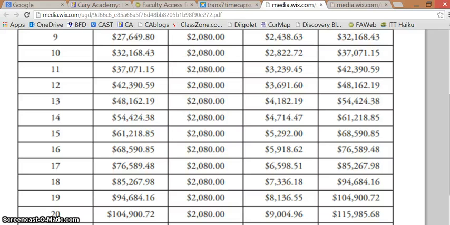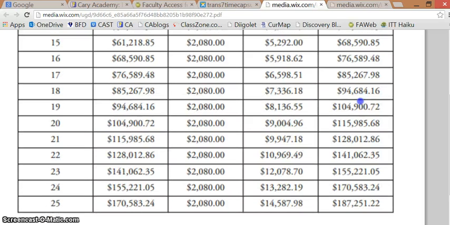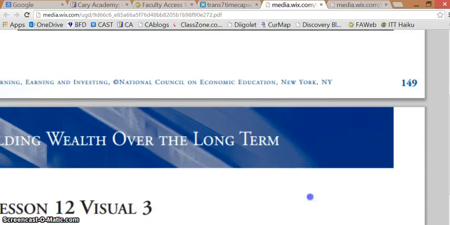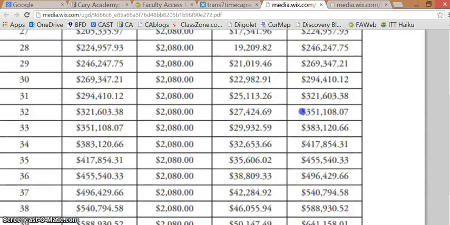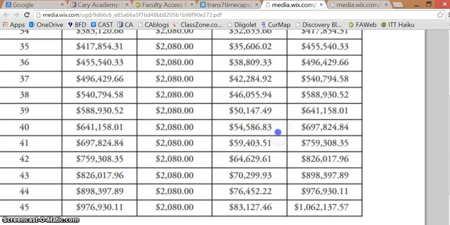Let's think about this. If she had taken her $2,000 every year and just put that in a bag at home for 20 years, what's 2,000 times 20? 40,000. She would only have $40,000 and some change. Instead, she has almost $116,000. That's what compound interest does. Let's keep going. Let's go down to the next page and go to the very bottom of her spreadsheet. She